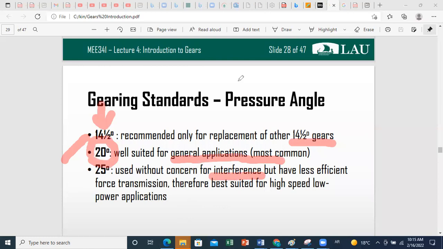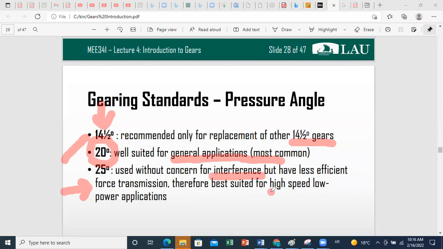But as we said before, increasing the pressure angle is not very recommended because it will be less efficient in force transmission. And we need to transmit forces between our gears in order to ensure appropriate power transmission and rotation. So this is why 25 degrees is only convenient for high speed and low power applications, because